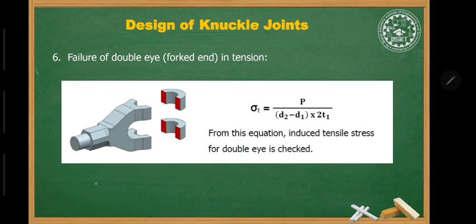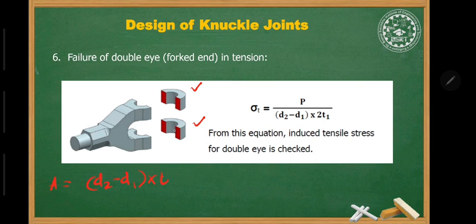Next is failure of the double eye in tension. So we have already calculated the failure of the single eye in tension, as here you can see there are two eyes, that is this is the first one and this is the second one. So for single eye, we have already calculated the resisting area as d2 minus d1 multiplied by t,